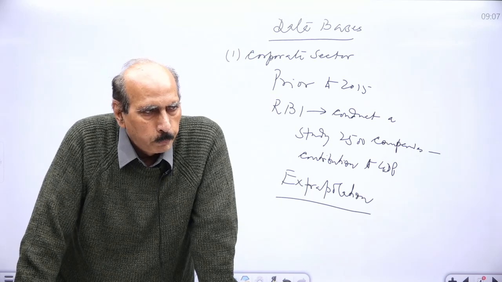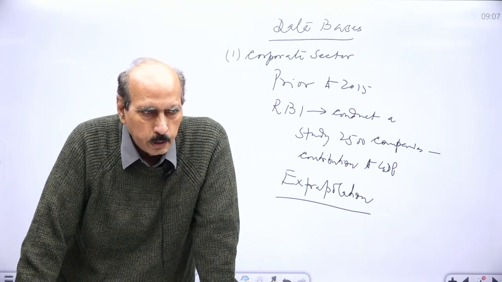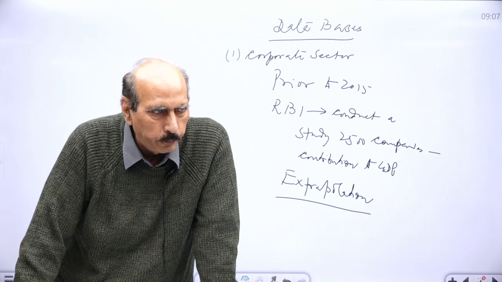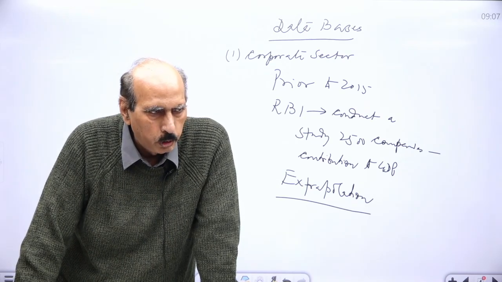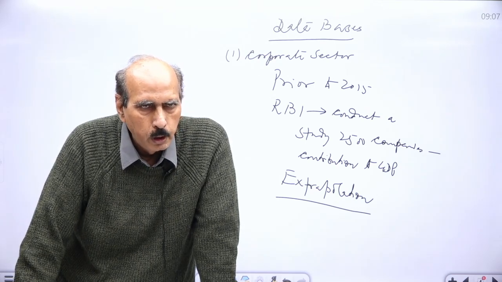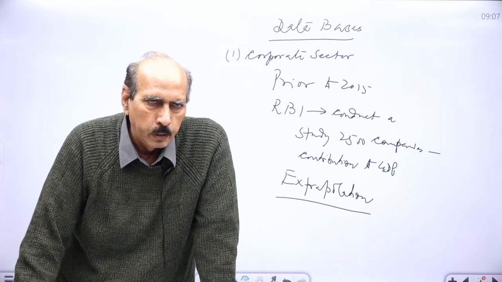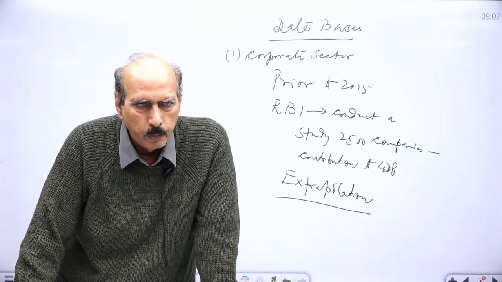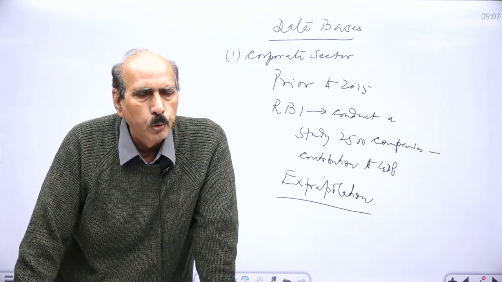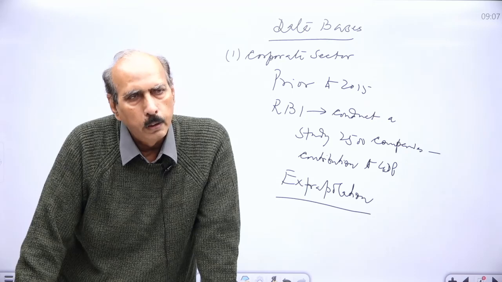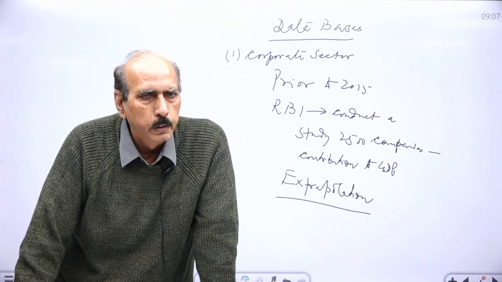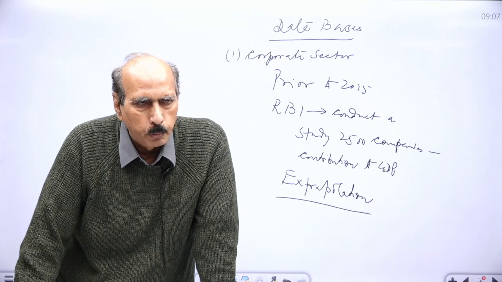Extrapolation based on the RBI study, which is based on the contribution of 2,500 companies to GDP. CSO used to extrapolate this figure for all the companies. Suppose it comes to be 100, we have 1 lakh companies. They will make it 4 times. 2500 से आप बढ़ा दिया आगे, 4 times बढ़ा दिया, depending upon the number of companies available in the country. So CSO used to extrapolate.